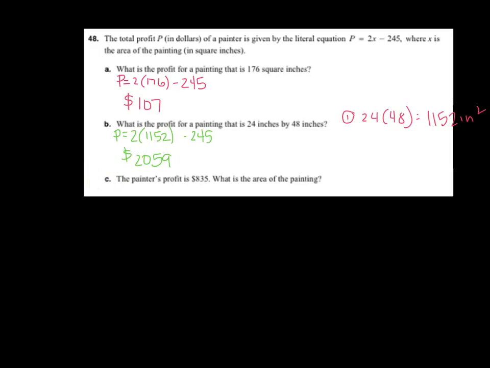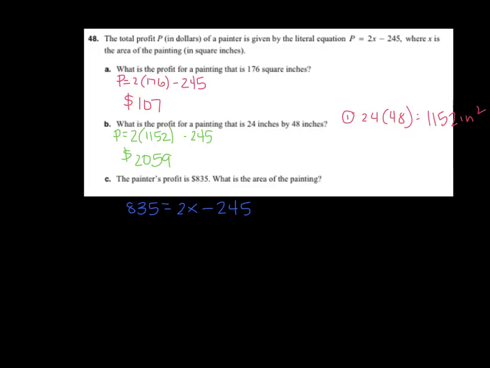If you look at C, they're giving me the profit. It says the painter's profit is $835. Find the area. So now they're giving me P, and I'm looking for X. So I'm going to sub in that value. 835 is P. That's supposed to equal 2 times X minus 245. So this looks like the equations that we've been solving for the last 3 weeks. So why don't you go ahead and pause the video and see if you can find the area by solving